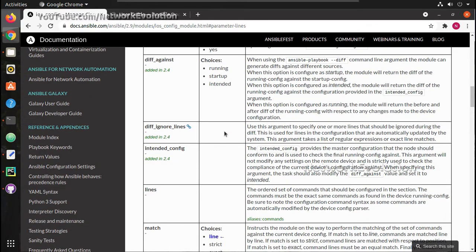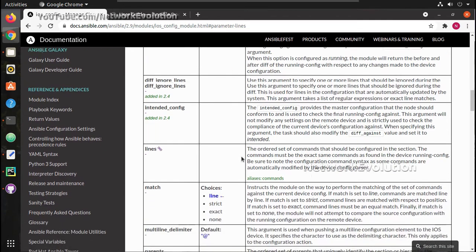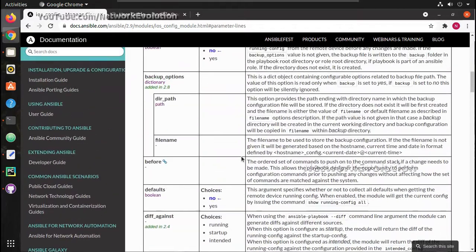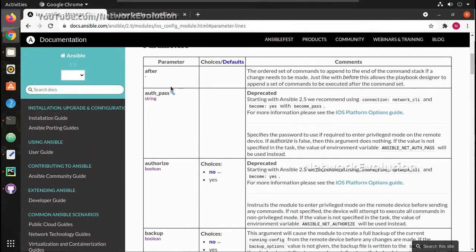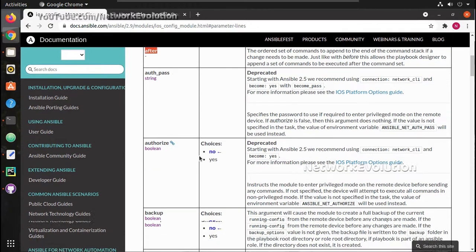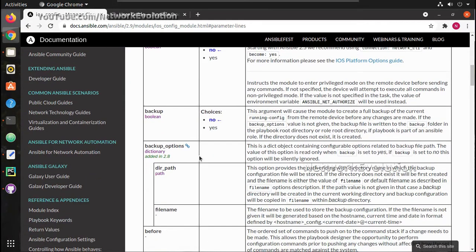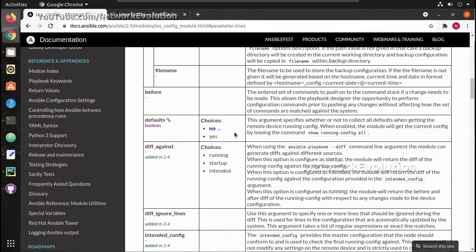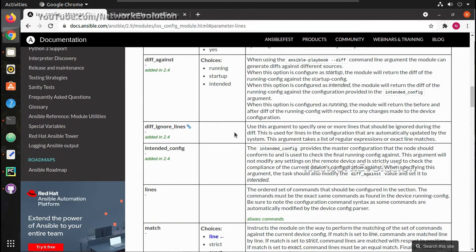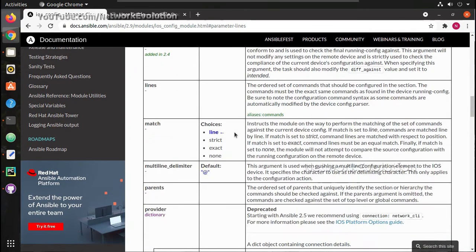Then we'll see how to loop through multiple parent commands. For example, if you want to configure multiple interfaces with the same command, how to do that using the with_items method. Then how to use the before and after options. So before executing the command and after executing the command, you can write some conditions. And how to ensure idempotency. For example, you need to give the full command for validating whether the output is equivalent to the device config. So we'll see those options.